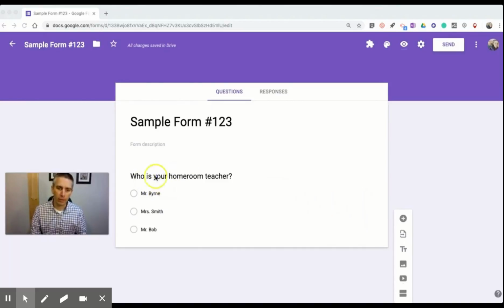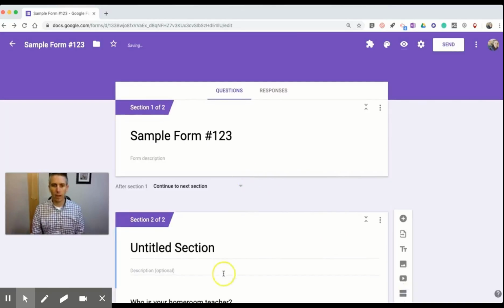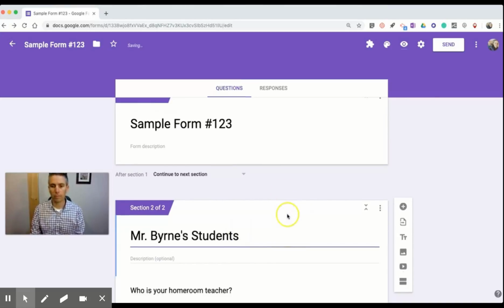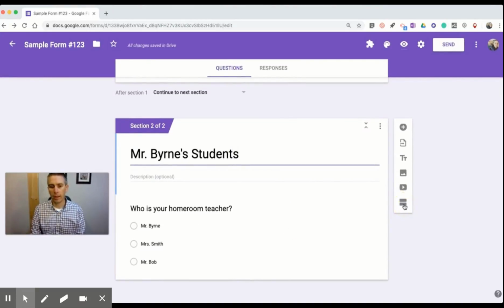Now, I have written out this question of who is your homeroom teacher? And before I add another question, what I'm going to do is add a section for Mr. Burns students, Mrs. Smith students, and Mr. Bob's students. So I'm going to do that in the bottom right corner. I'll select Add Section, and we'll set this up to be Mr. Burns students. And then I'm going to add another section,